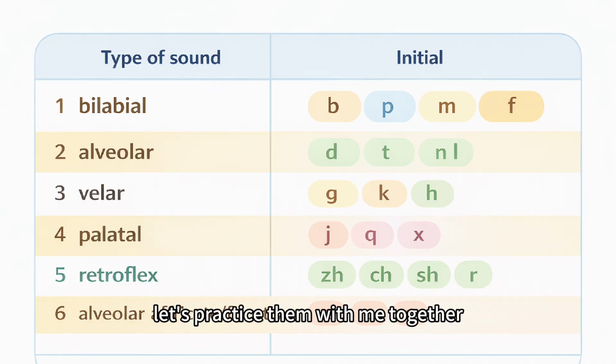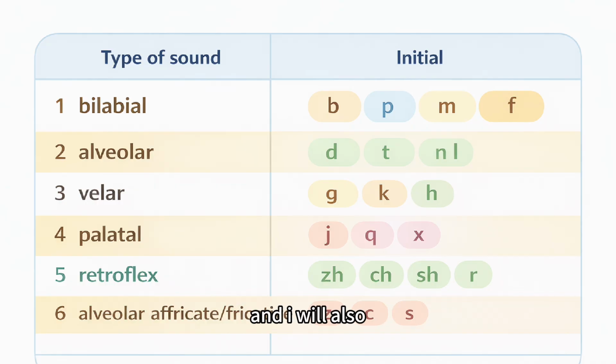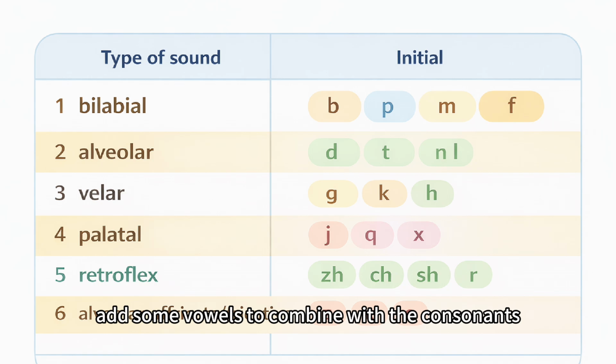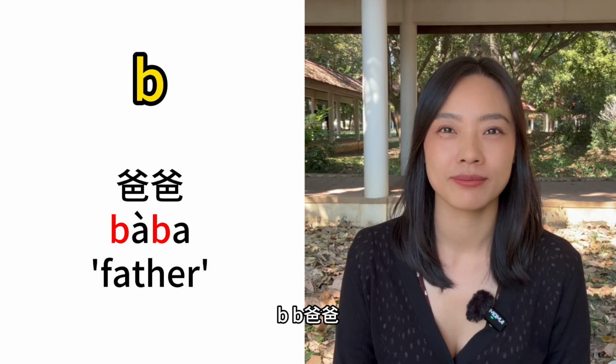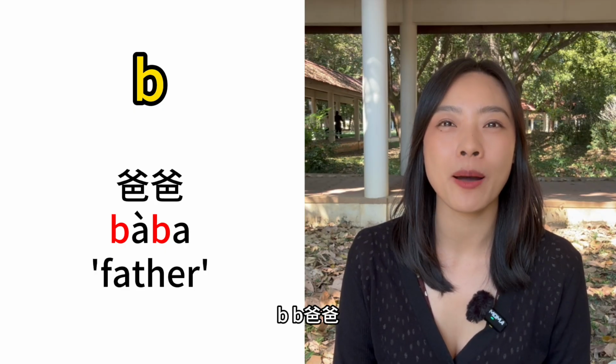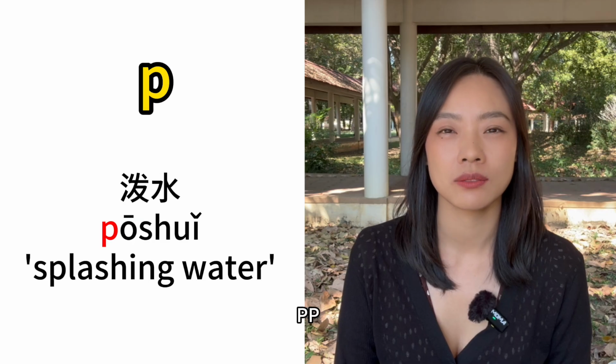Now, let's practice them with me together. And I will also add some vowels to combine with the consonants to help you to memorize how to pronounce these consonants. B, b, 爸爸 p, p,